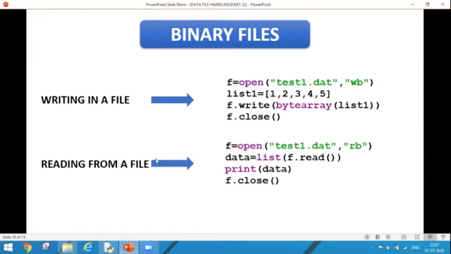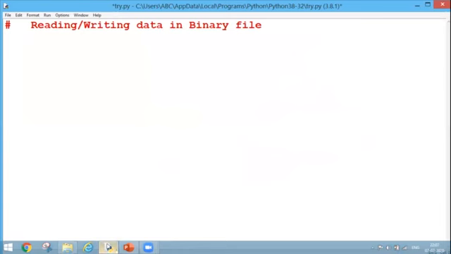Let's understand this with the help of a coding example. I'm going to create one file. F is equal to open. Let's say the name of the file is binary.dat because the extension of a binary file is .dat. And then WB because I'm going to write into my file. Next, what is the procedure? First I will use the write function. But before that, I need to create one list.